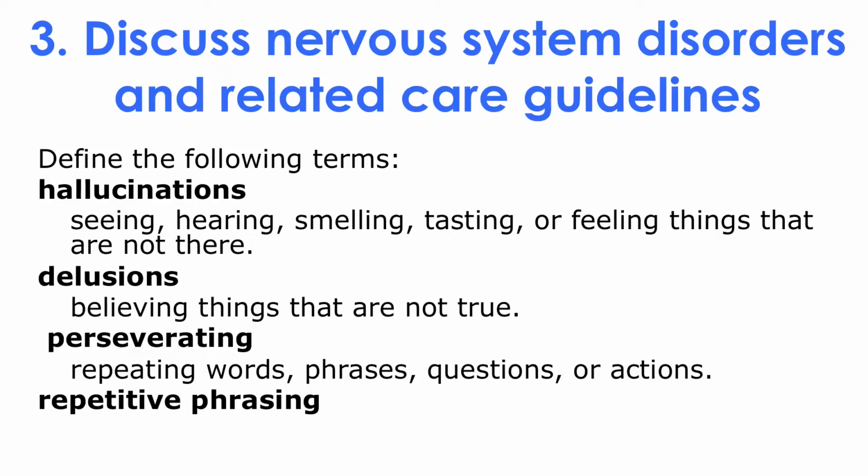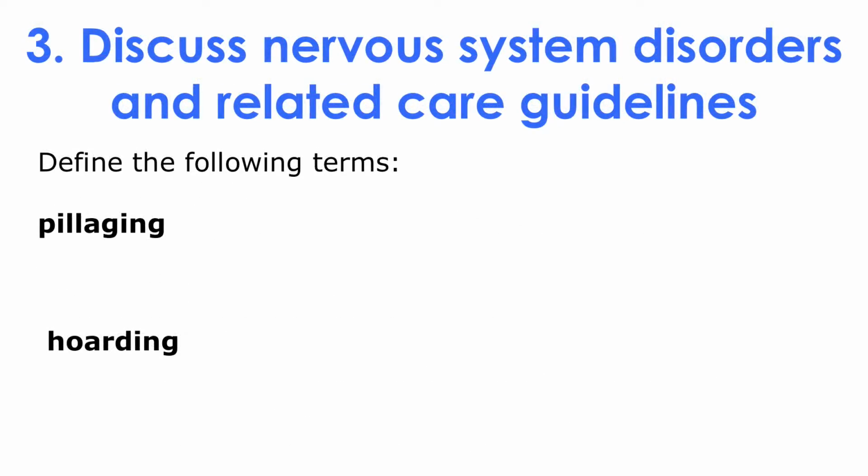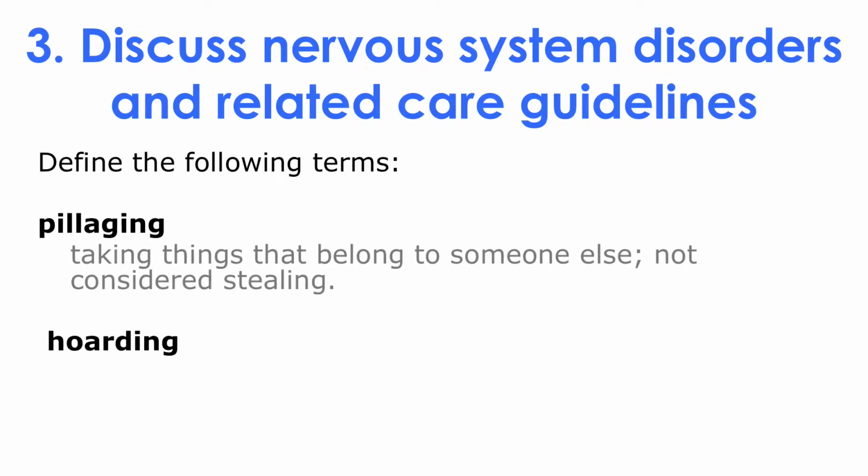When we talk about perseverating, it's repeating words, phrases, questions, or even actions. Repetitive phrasing, on the other hand, is repeating words, phrases, or questions. Pillaging is taking things that belong to someone else, not considered stealing. So it's more of a diagnosis where somebody cannot really stop what they're doing. It's really a disorder. Kleptomania, for example, is almost at that level, but it's still bad. But when somebody's pillaging, it's taking things that belong to someone else, not considered stealing at all,